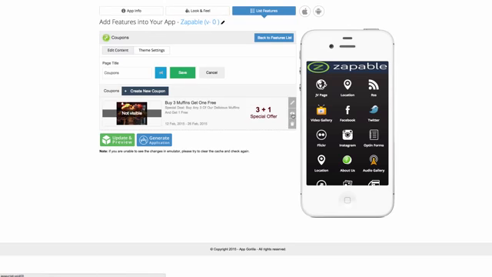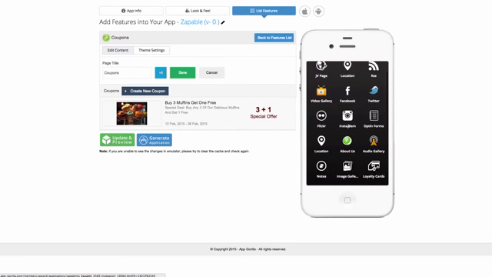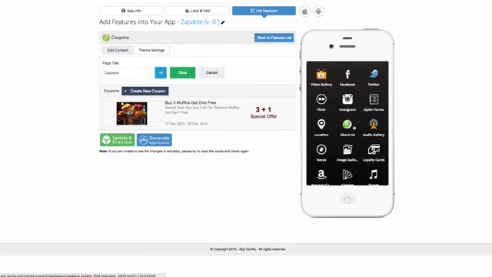So you can hide the coupon, and if I do that, it'll instantly not be visible within the app. Or I can choose to show it, or I can just delete it. If I create a new coupon, it will display automatically within the application. There's no rebuilding your app and then submitting it again for approval. Everything you add in here will automatically display in your app to all your users, and it goes for everything